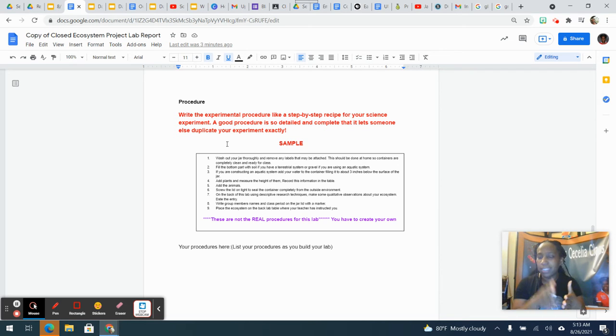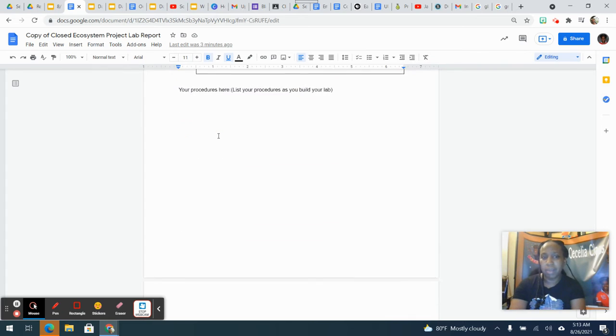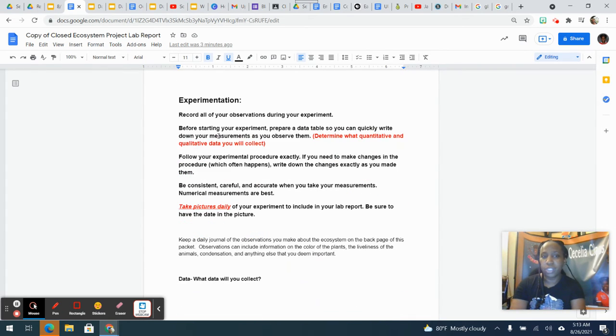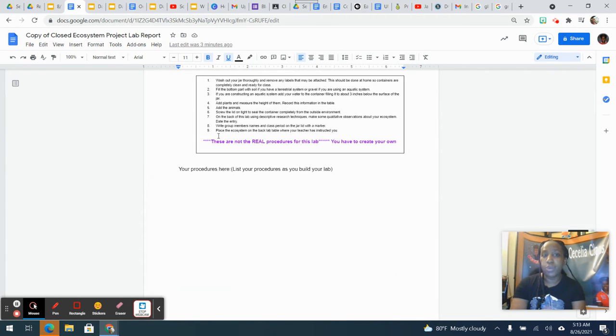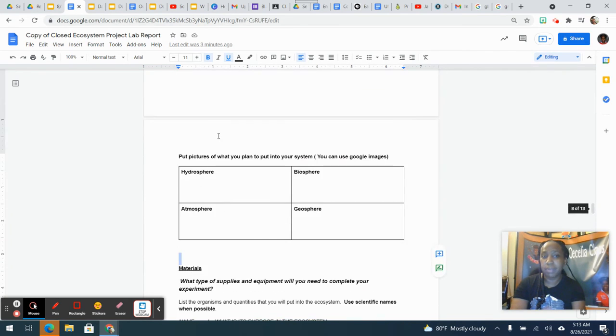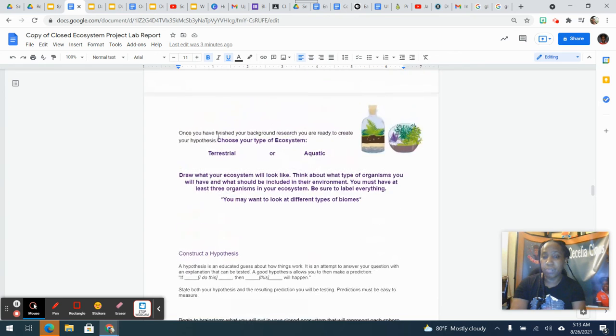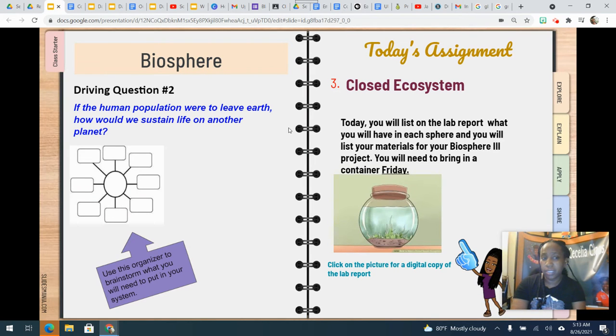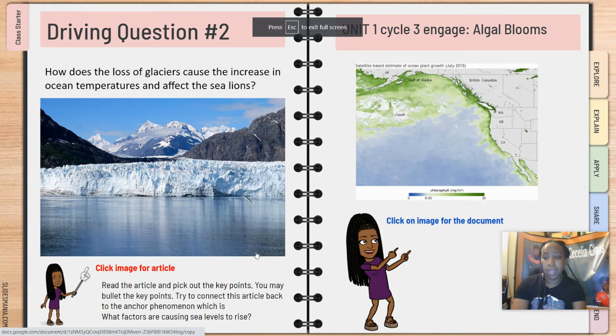So this is a process where you go step by step. And some of this you may need to do as you go. As you go, oh, this is the next step I did. This is the next step. But we want you to start thinking about that here. And then you'll start your experimentation on Monday when Ms. Thibodeau comes. But you have enough time right now to work on these pages. So please make sure that you take care of that. All right. So that was that about the ecosystem. So again, if you have any questions, make sure you can email me and I will answer you.